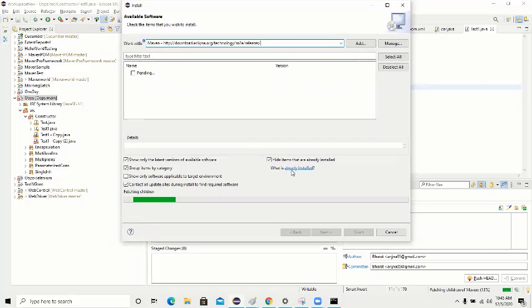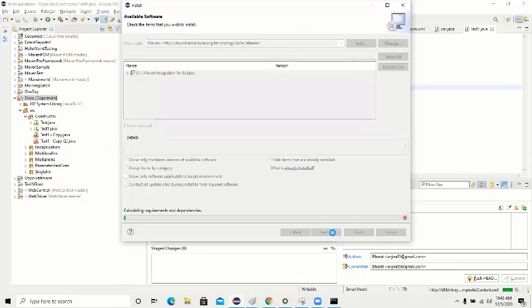If you want to check whether you already have it or not, you can click on Already Installed, because I already have this one. So it's better to just go here and check. If you are having it here, there's no issue. Some Eclipse versions come with it by default. Okay. So this one you will be getting. So, Maven Integration for Eclipse. If I click on it, and if I say next,